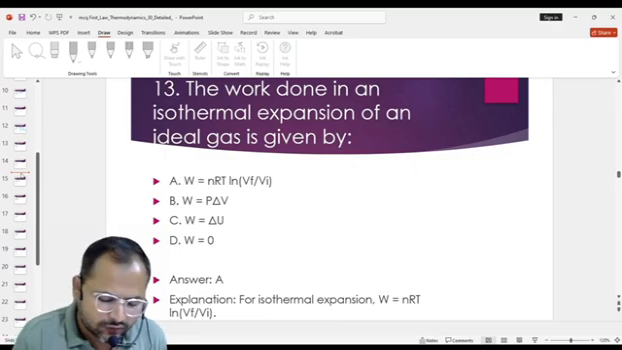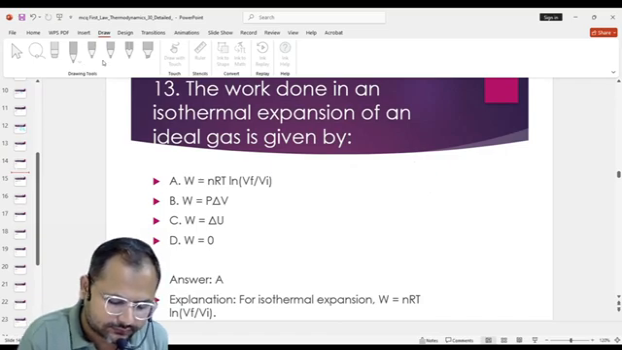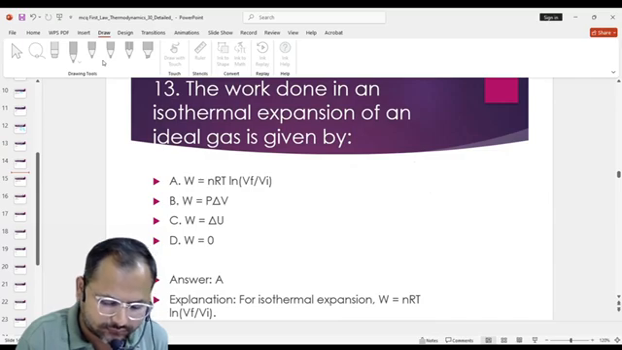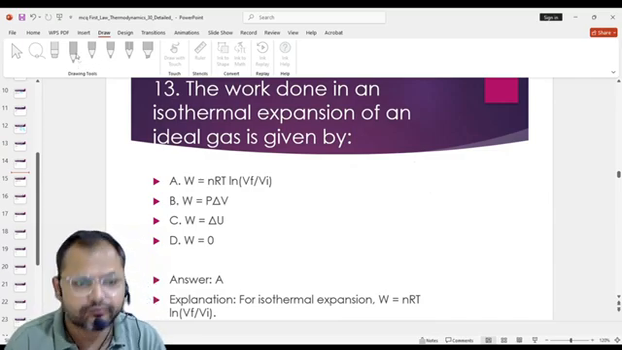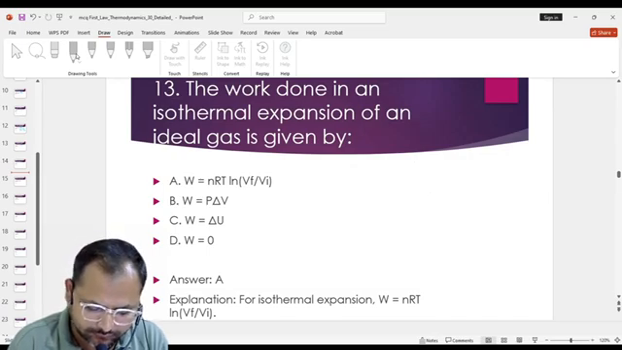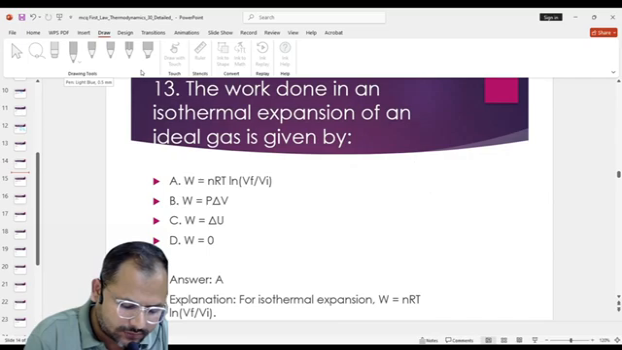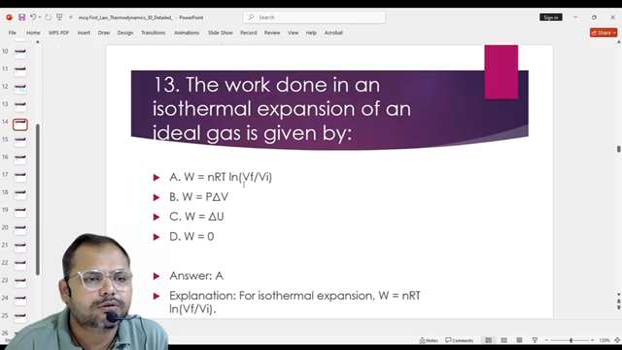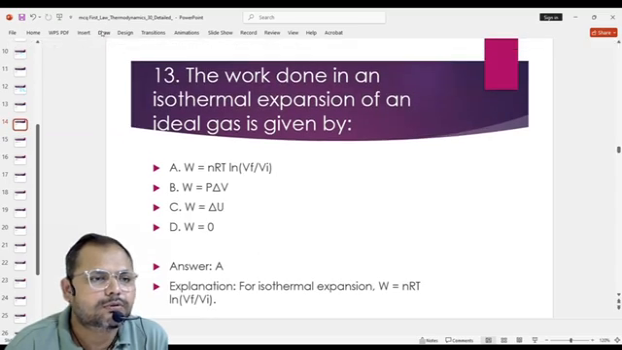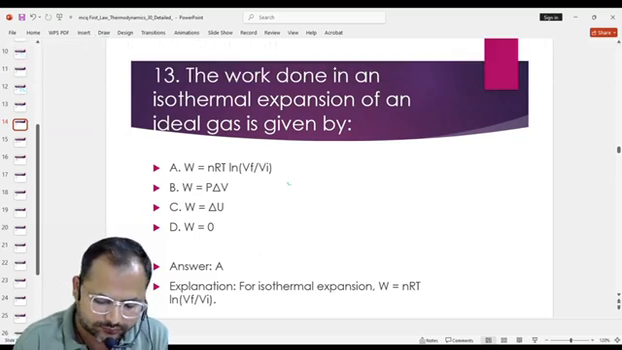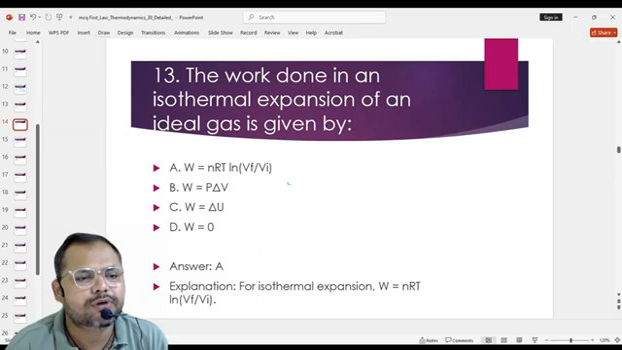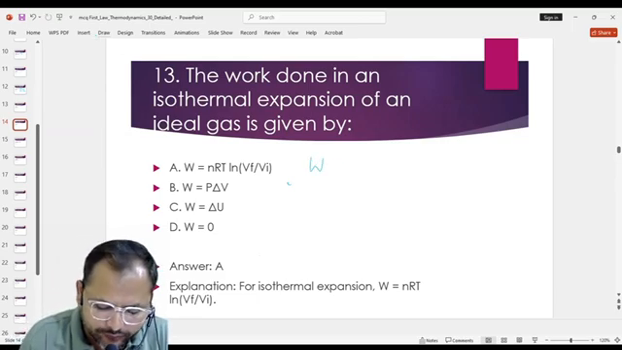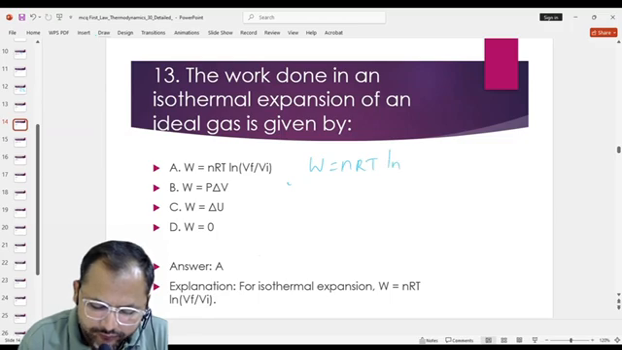We have a formula for the work done in an isothermal expansion of an ideal gas: work done equals nRT ln Vf upon Vi. This is the simple formula we have,